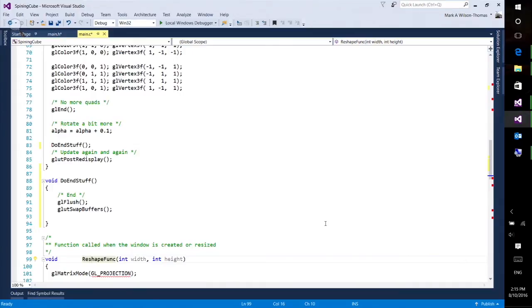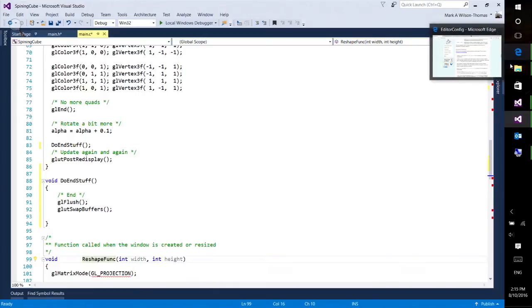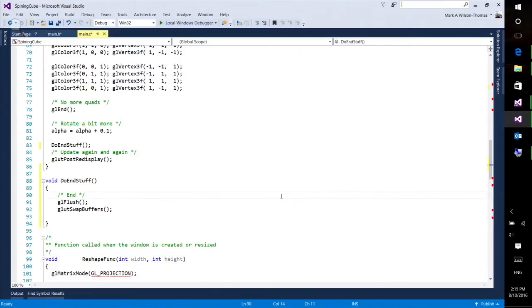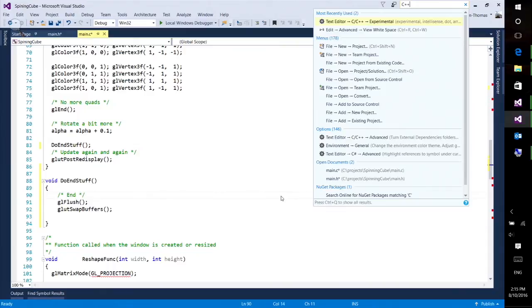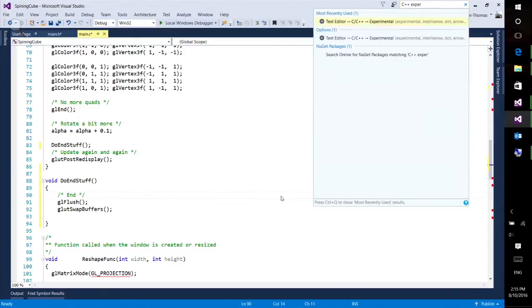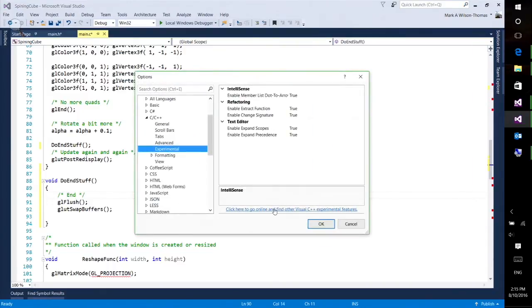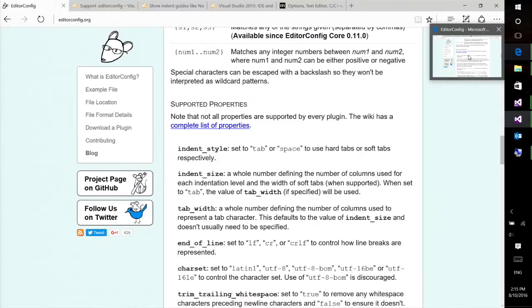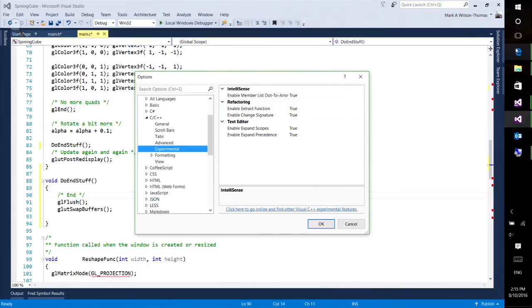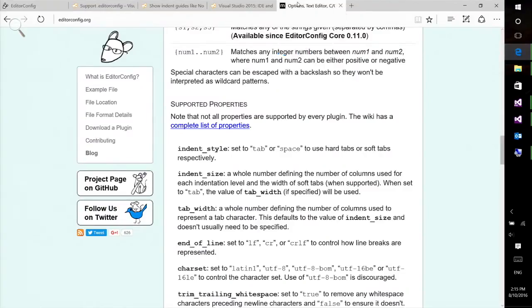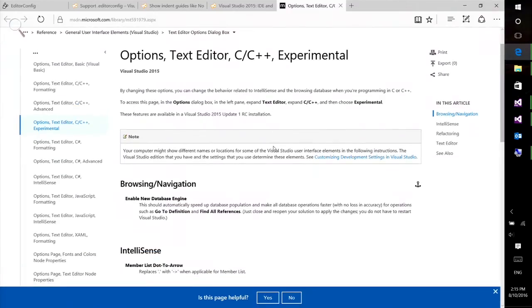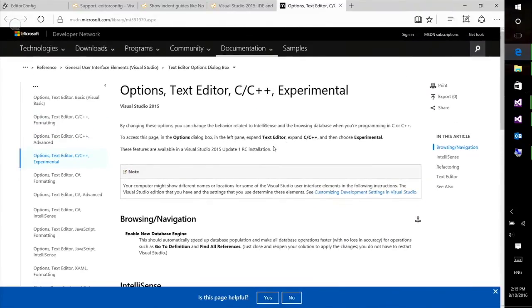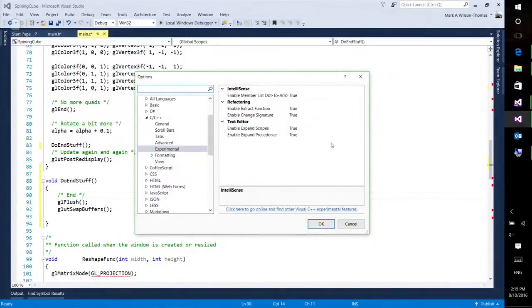There are a number of others of those that are online, and in fact, I'll just give you a quick glimpse. When you were in that experimental box, you'll see there's a link here, and where that link takes you is off to, let me quickly bring this up, this page, which will give you a full list of all of those experimental features. There's also an extension on the gallery,